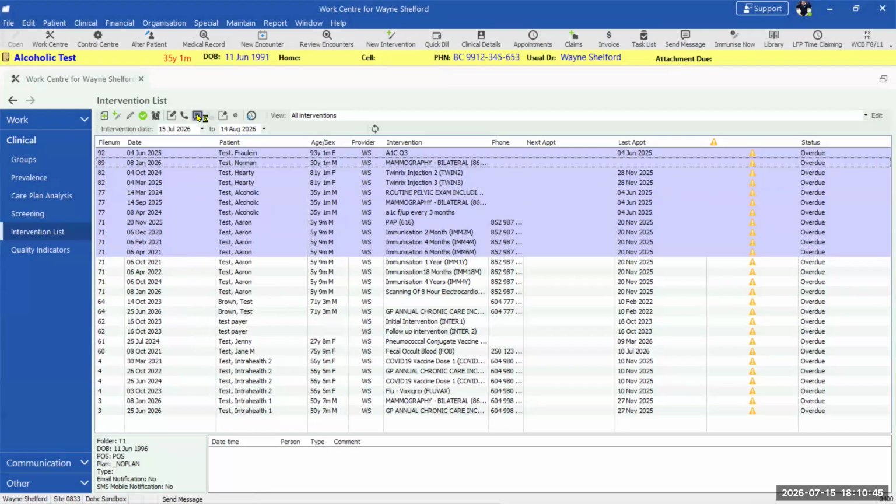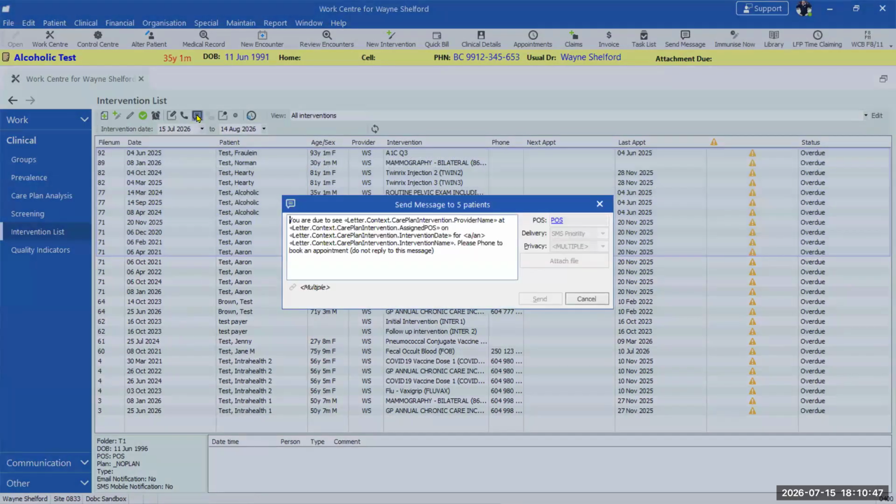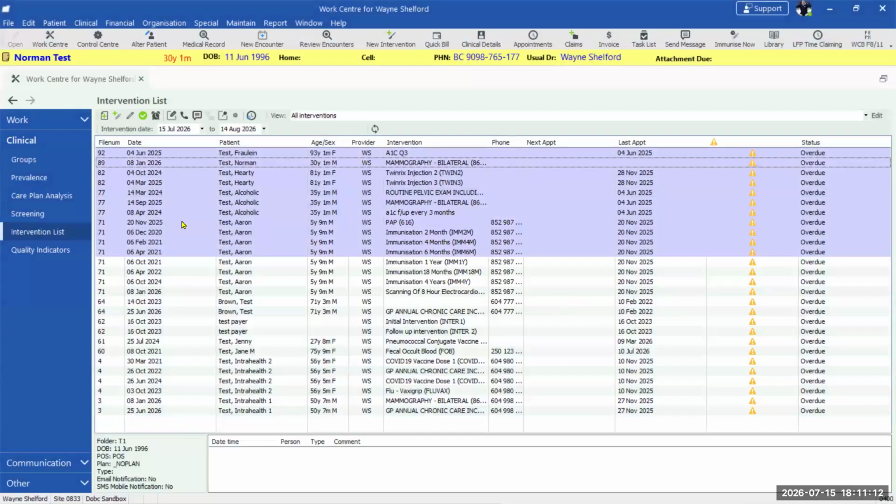It's only available here. And when you click on send message, so it's going to send a message to 5 patients, and it's going to deliver it via SMS. So if you set up your profile for sending out SMSs, text messaging, then you can enter a whole message here, and that will be sent to the patients. So this is one way you can use it to do a recall or to tell patients what should happen.